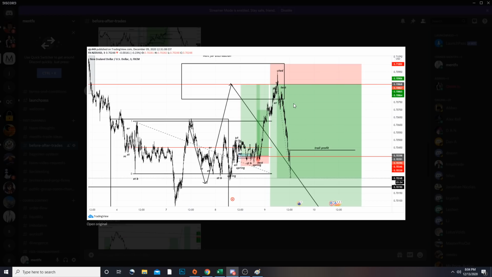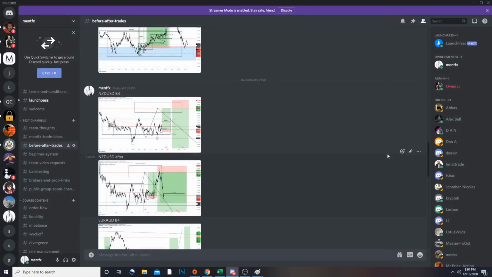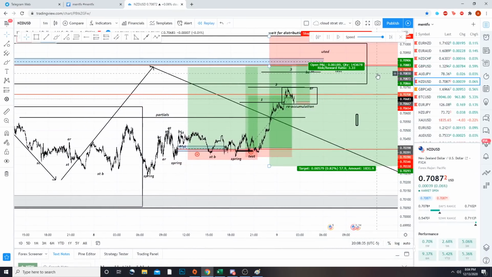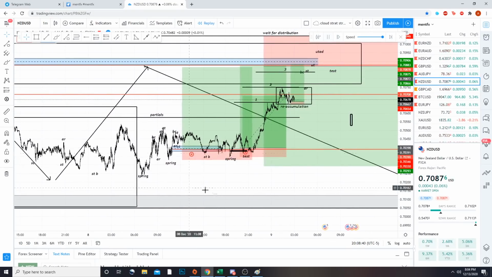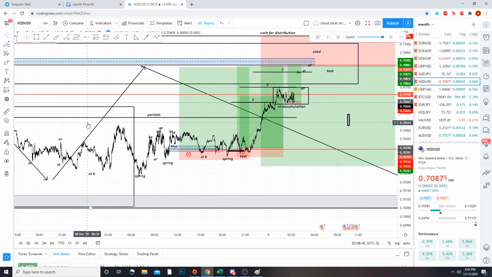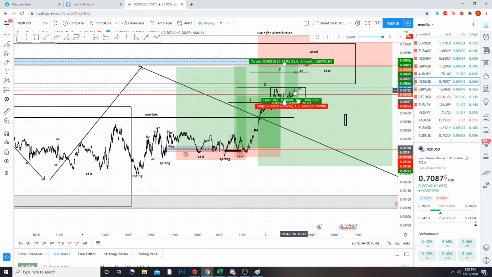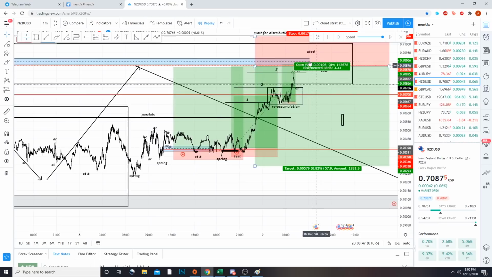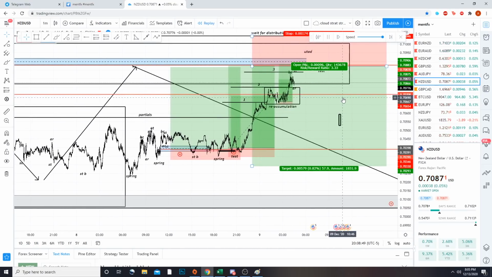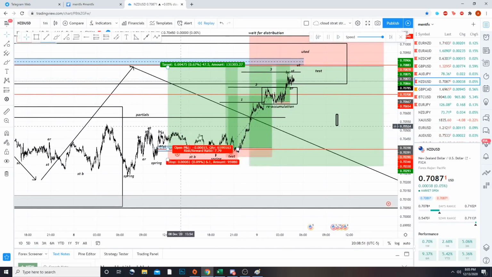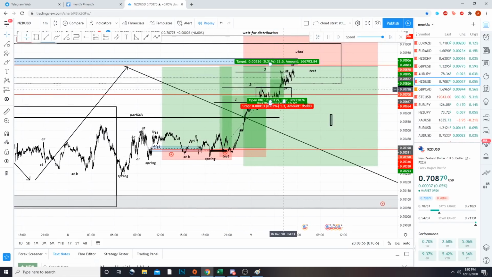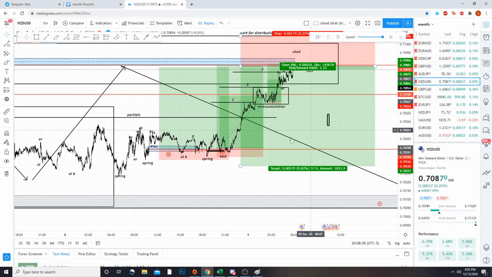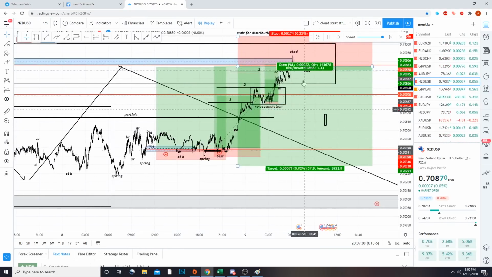But the point is, our expectations allowed us to partial out early and make 1 to 10, 1 to 20 risk-free without any problem. And the interesting thing is, even if you missed all these moves in here off of all this confluence, off of literally about 7, 8 schematics, you had another schematic unfold here that you could have been interested in buying in. We did not. But the point is, I'm showing you again how these concepts work. These were the trades we sent out and we analyzed and marked up. This was the trade that we did not, but we noticed after I woke up the next day. But again, you have tons of opportunities to enter.